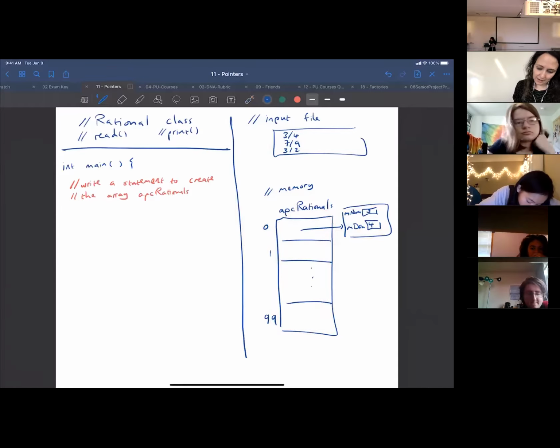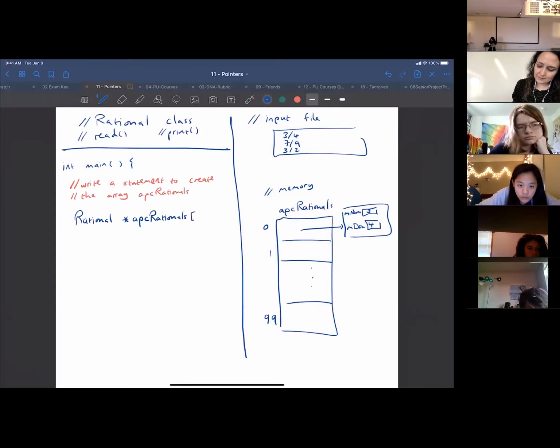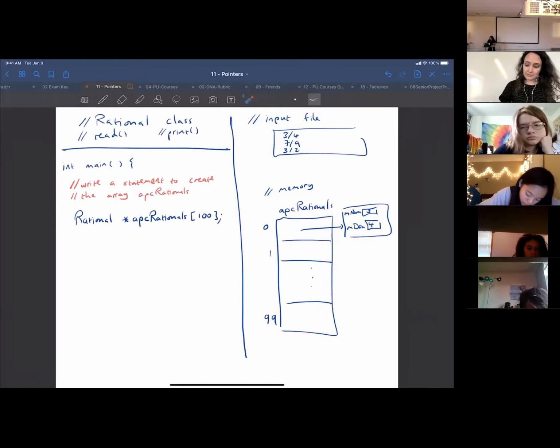So we know that what we're storing are rational pointers, right? And it's going to be called APC rationals, whatever I name that, and the size is 100. Okay. Now, next step. I'm not going to worry about this. Right now, this doesn't create anything here, right? Instead, what we have are these pointers that are just pointing to nothing or something that's undefined. Okay. So the next step is